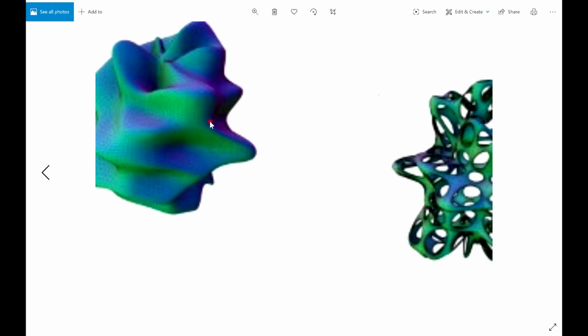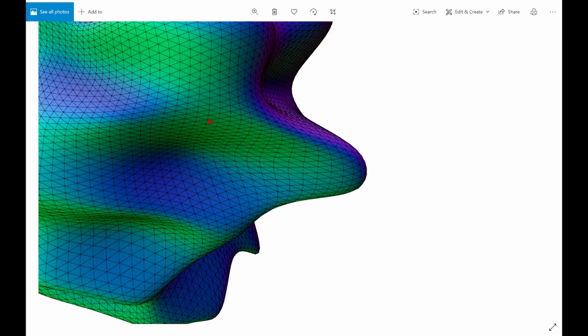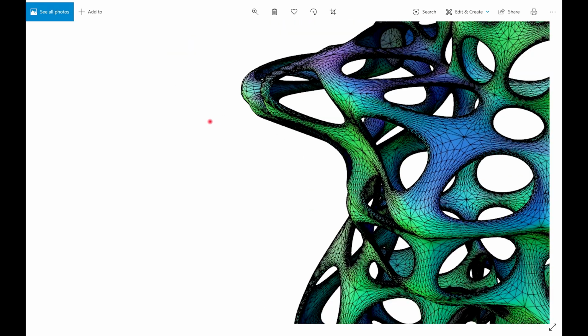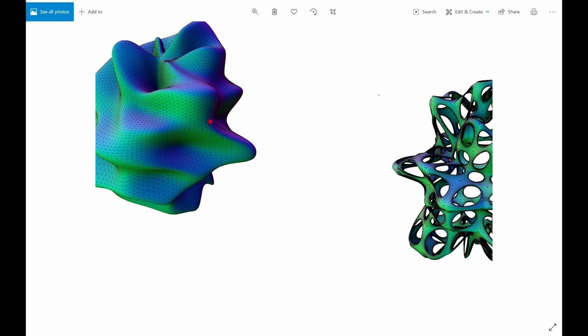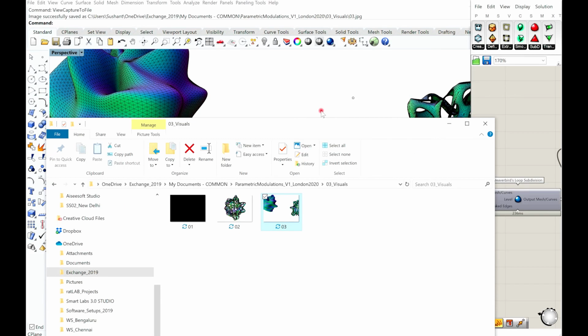Yeah, so this is an even higher resolution, so you can see it's very fine and crisp in terms of the visual. So view capture to file is usually used to take a screenshot of the Rhino screen.